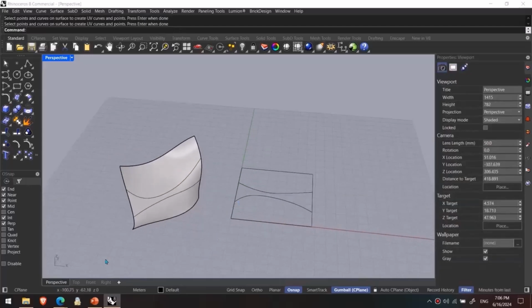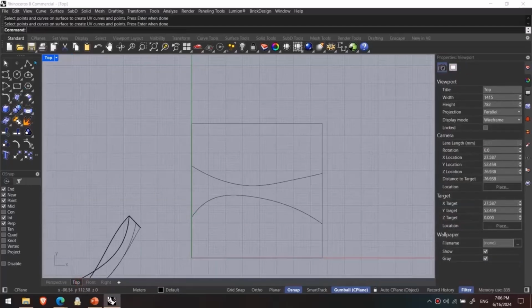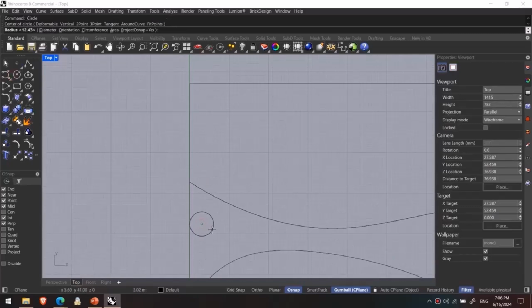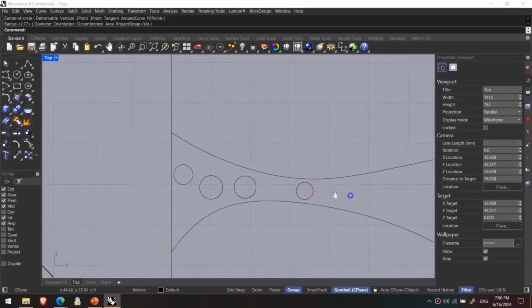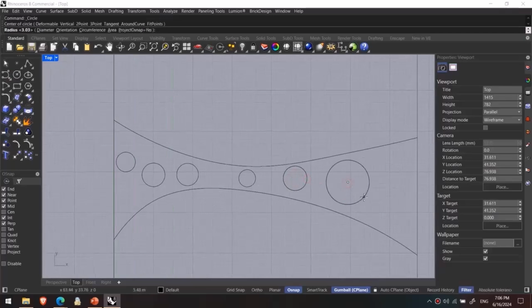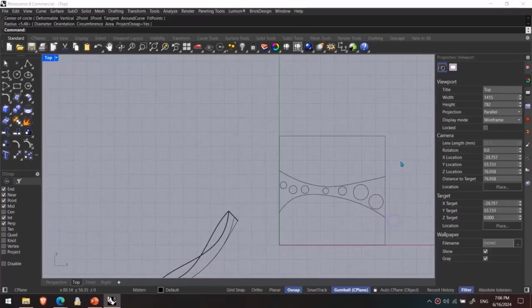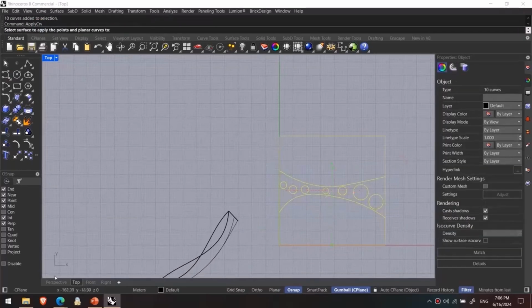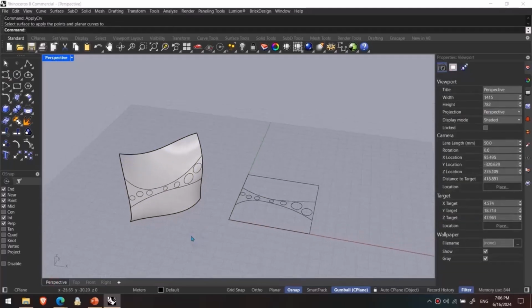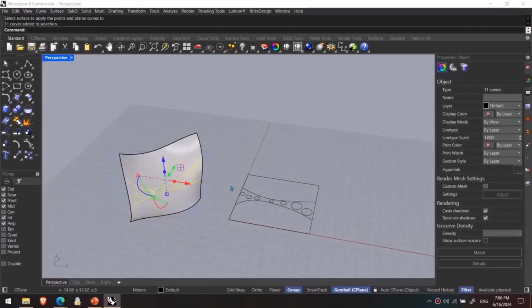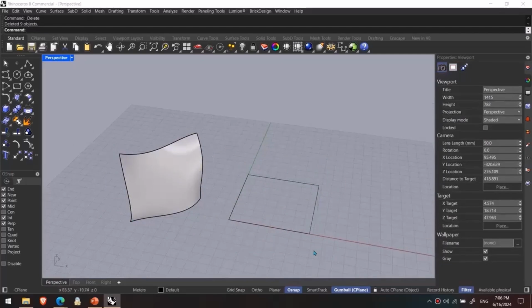So here we have to select the curves to create the UV curves on the plane. Then we can draw the patterns on the plane and then apply them. Watch this. And make sure that they are drawn at the center. And then apply curve. Check this out. Look,